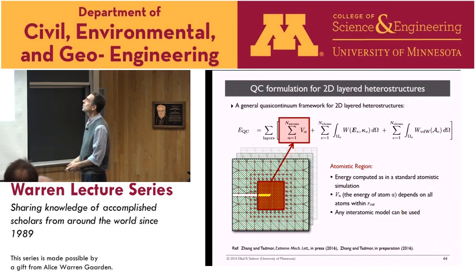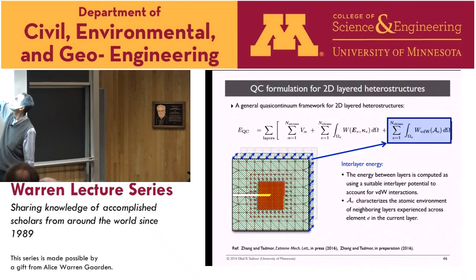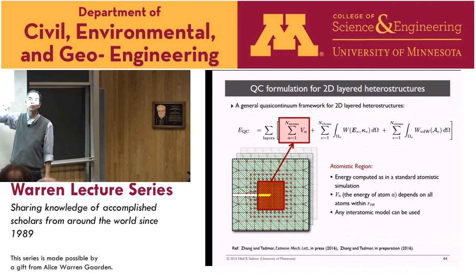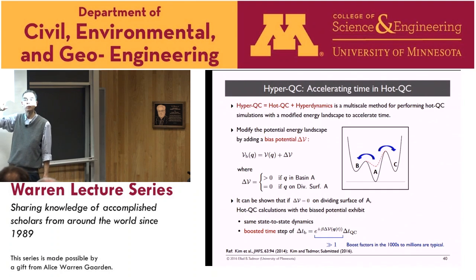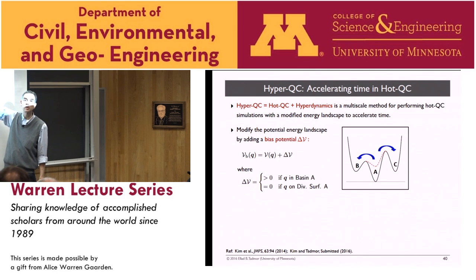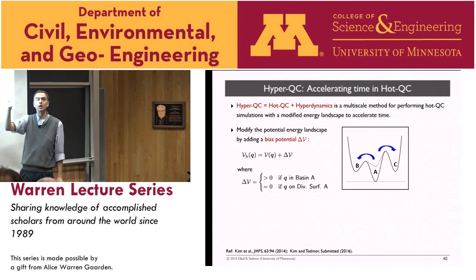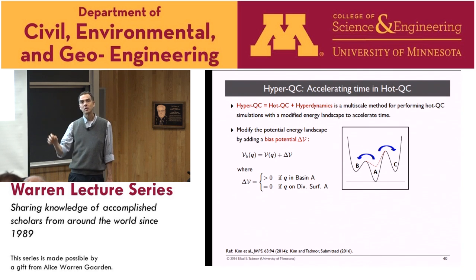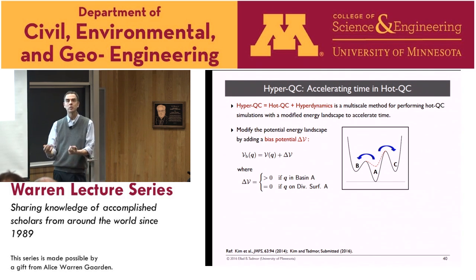Yeah, here we go. So hopping out of here, the rate goes like e to the minus barrier over kT, right? So two obvious ways to speed things up: reduce the barrier, which is what this does, or increase the temperature. And so Art Voter has another method called temperature accelerated dynamics, which is exactly based on that idea. And it is a systematic way of doing it. It assumes transition state theory, which means that your system spends a lot of time vibrating in a basin before hopping out. And if you live in that kind of a system, then you can make a systematic argument.